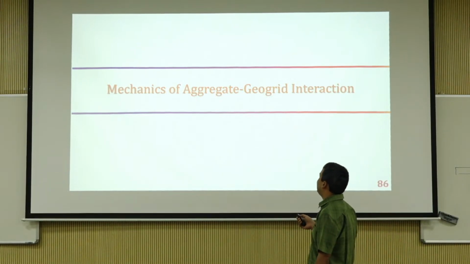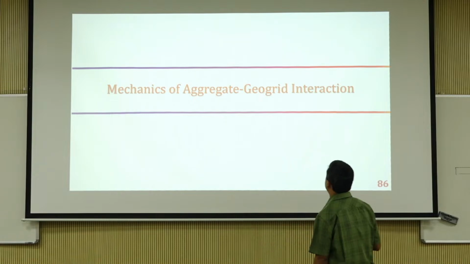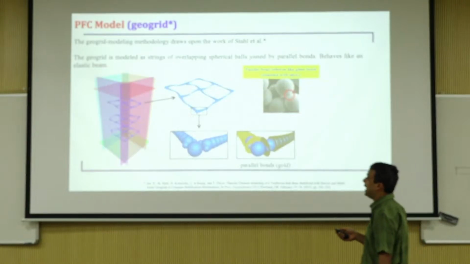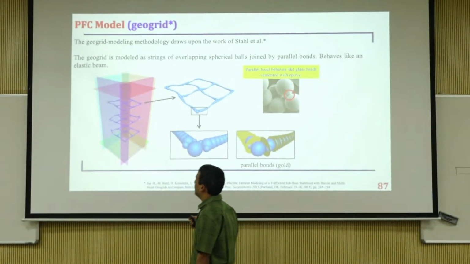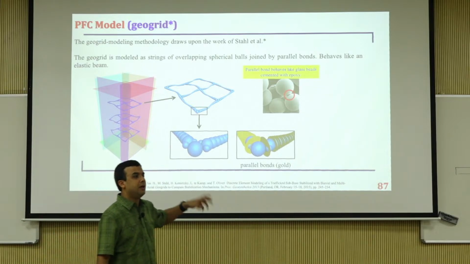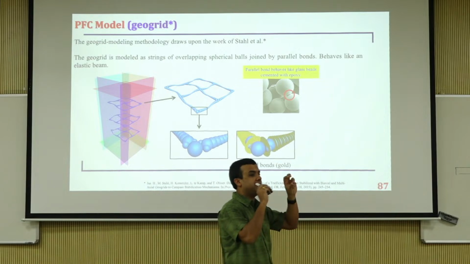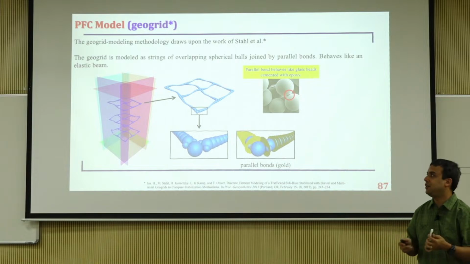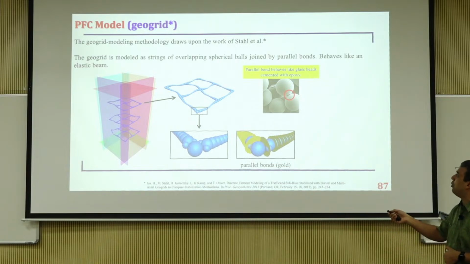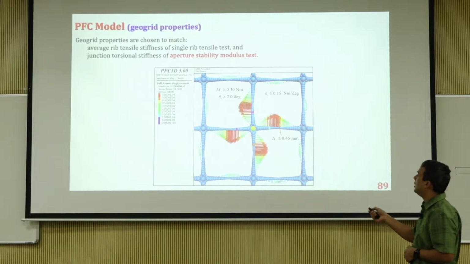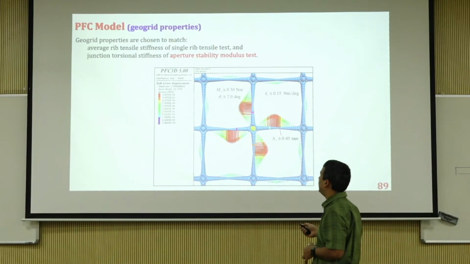Next one, we're going to go through this probably quickly. Aggregate geogrid, another thing, and this is what's known as discrete element modeling. Again, these are things we did not touch on in transportation geotechniques. That's why I'm showing you. This is where you're now modeling everything at a particle level, not continuum. You're actually interacting. So the geogrid is also an assembly of balls, and your aggregate is also an assembly of balls. And then you can do individual aperture stability tests and stuff,